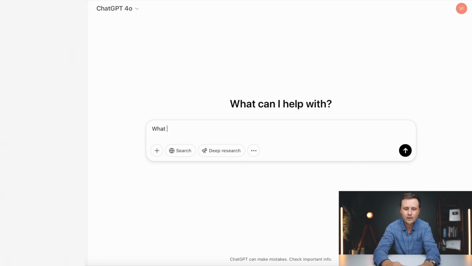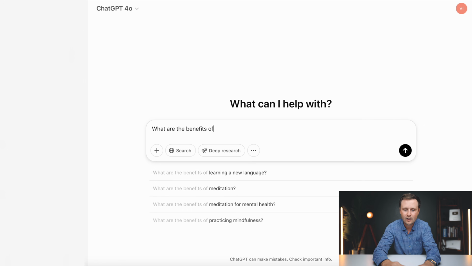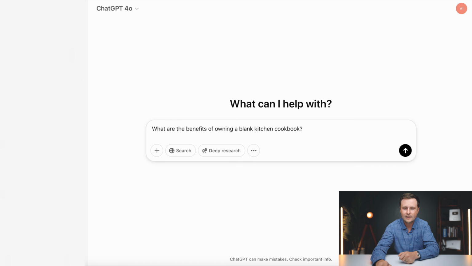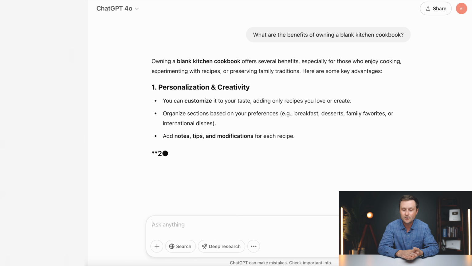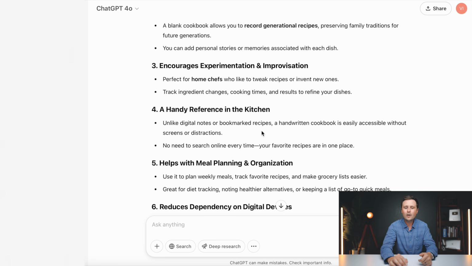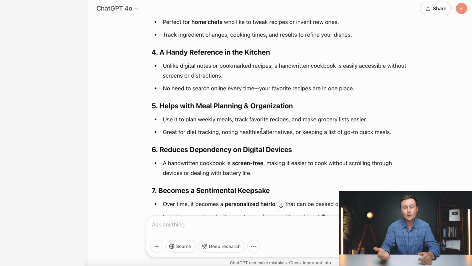So I say, what are the benefits of owning a blank kitchen cookbook? And then give that a search. And this is going to type out all of the benefits to owning a blank kitchen cookbook, which is what we are creating. And while this is doing this, for those of you who still haven't heard of ChatGPT,